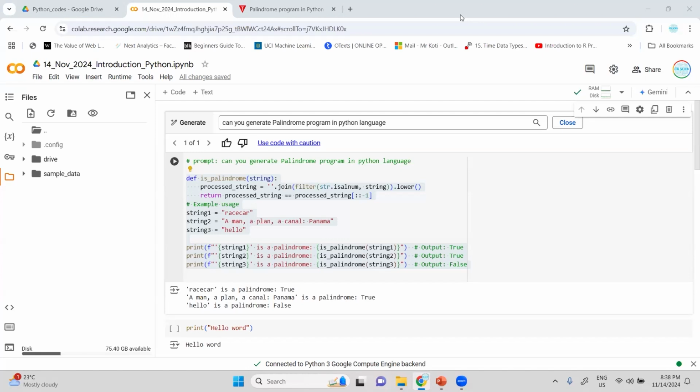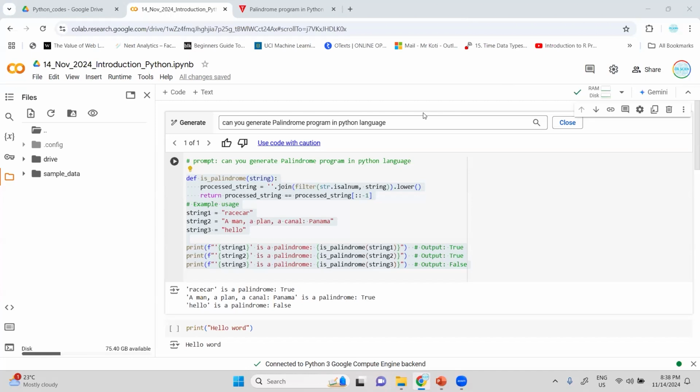Imagine a scenario. You have not used GitHub for a year. After a year, is it possible to remember the password? Forget about GitHub, say you have not used Facebook for more than a year. Is it possible to remember the Facebook password? No, right? Similarly, when you are working with LLM models,